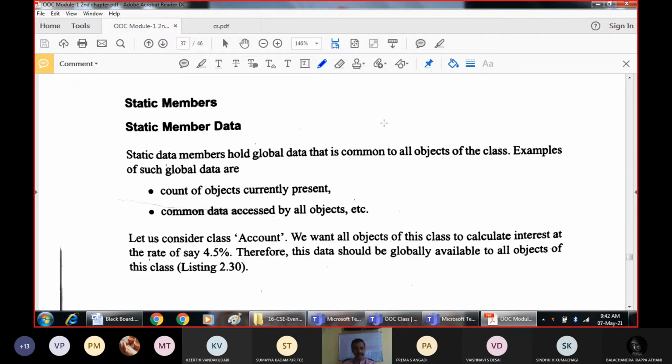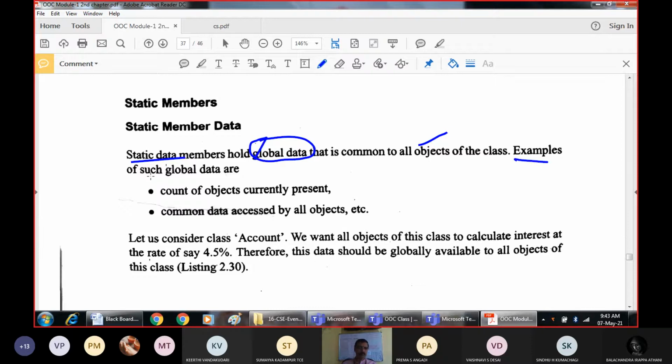Static data is very similar to global data. It holds the global data which is common to all the objects, data which you want every object to use. Then we go for using static data members.